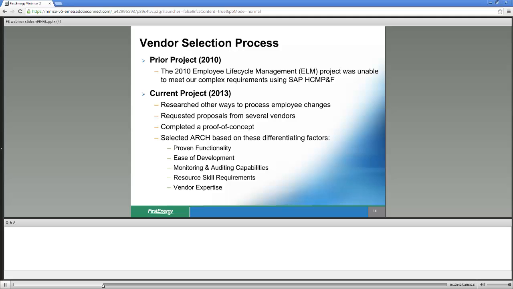Now on to our vendor selection process. The project we are currently implementing originally started in 2010 using SAP's HCM P&F product. However, our requirements are so complex and we update so many Infotypes, both employee data, the PA data, and organizational data, the PD data, that we were unable to get it working before we had to stop work on it